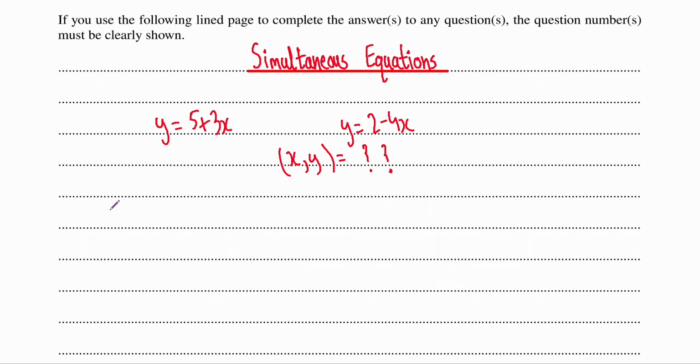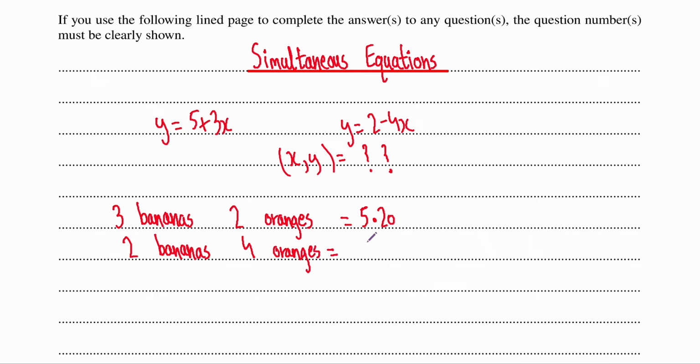Let's do a real life example. Let's say you bought three bananas, and you bought two oranges, and someone tells you that you have to pay $5.20 for that. And let's say next time you went to the store, you bought two bananas and you bought four oranges, and this time you only paid $3.20. So now someone asks you, okay, how much did you pay for one banana and how much did you